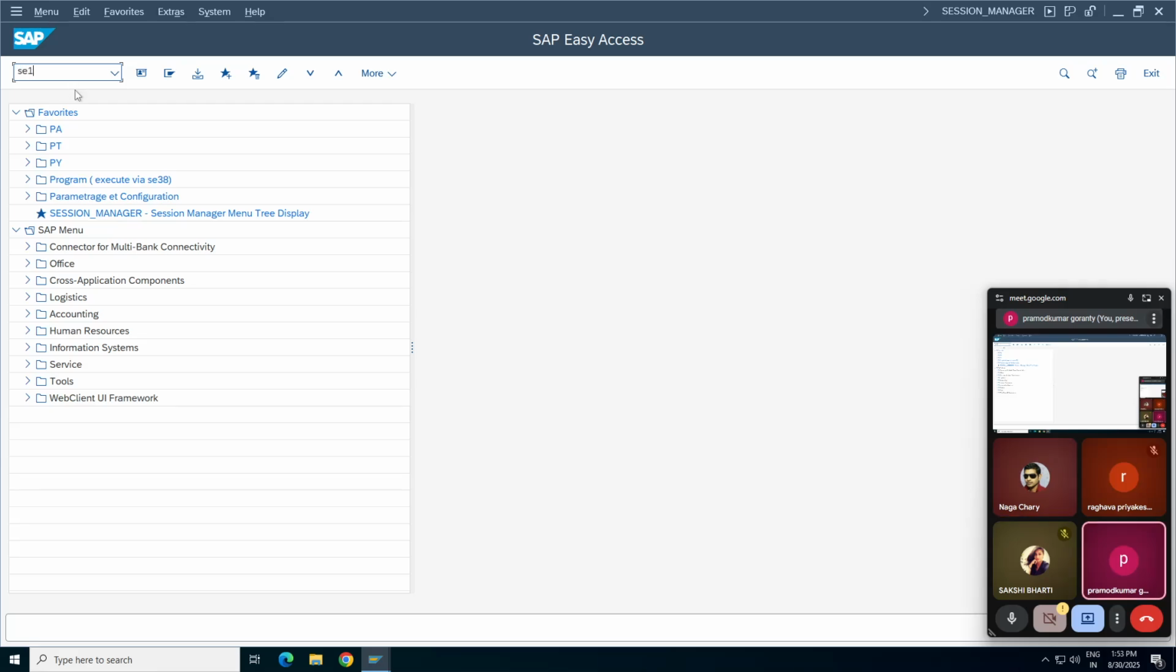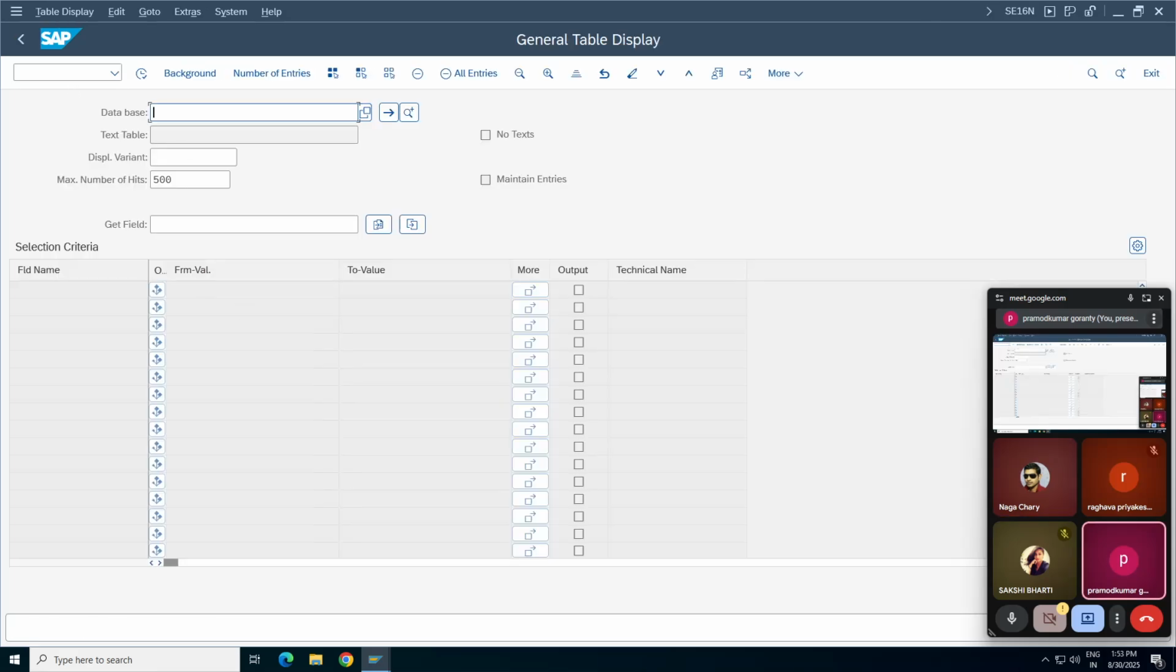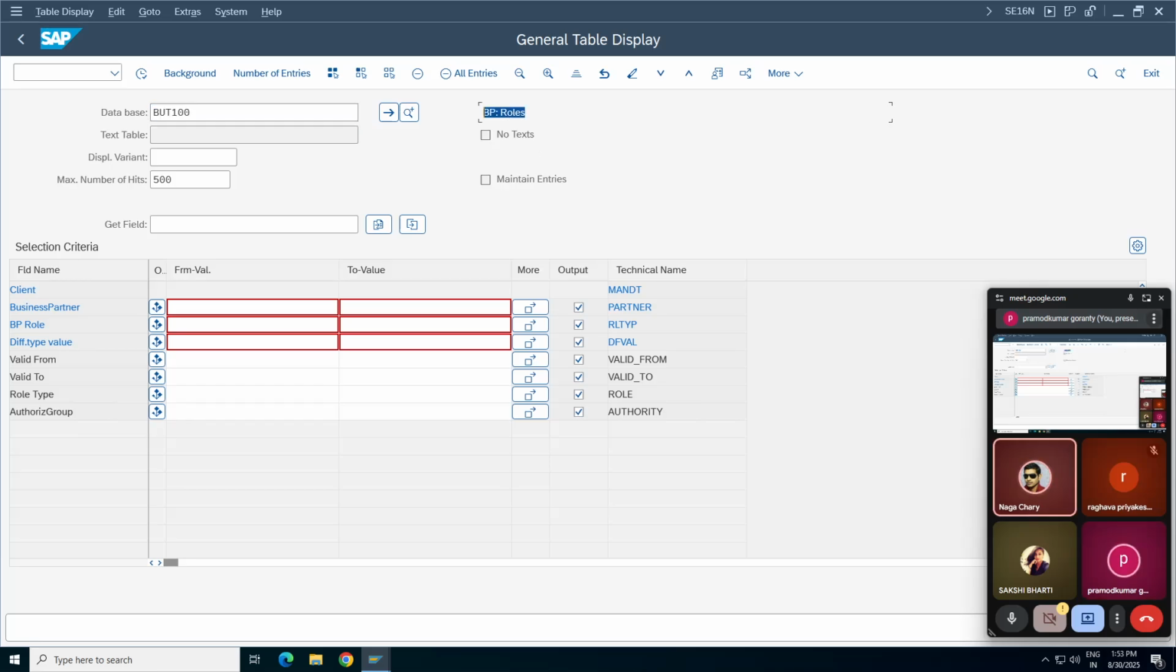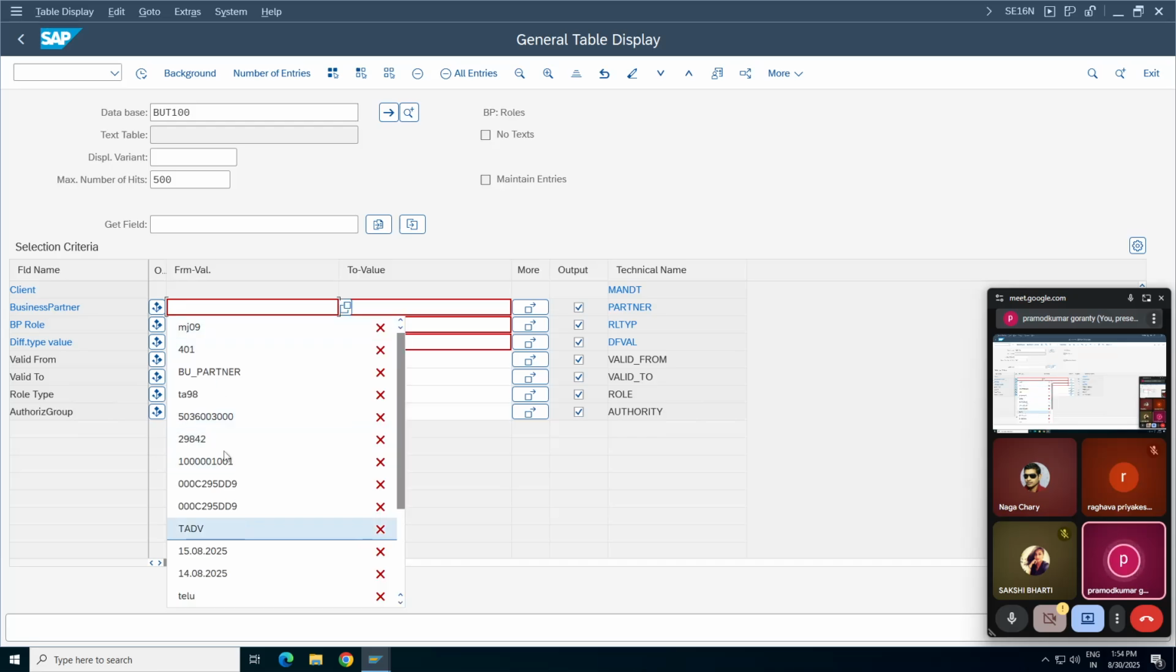SE16, and do you remember what the different business partner tables are? BUT000. Did we discuss this one? Yes, discussed. Then you are asking the question, the business partner roles. It's very clearly mentioned, right? So let us consider our business partner